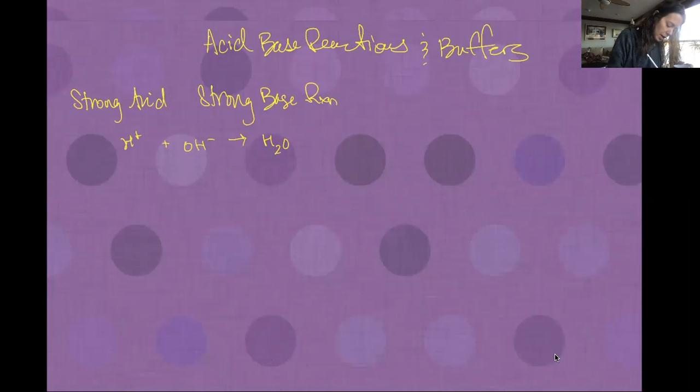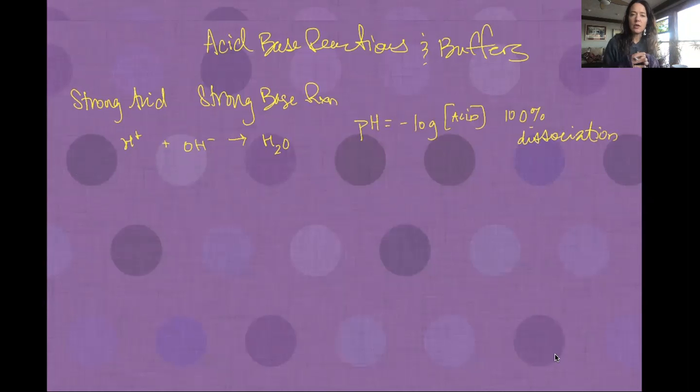We could calculate the pH, say if it was initial. The initial pH would be whatever the pH was of the acid. You kind of think of we're adding acids and bases together. So if I just have an acid, the initial pH is pH equals negative log concentration of acid. And remember, we have 100% dissociation here. Now, if I have added some acid or some base to my acid, I would need to first determine